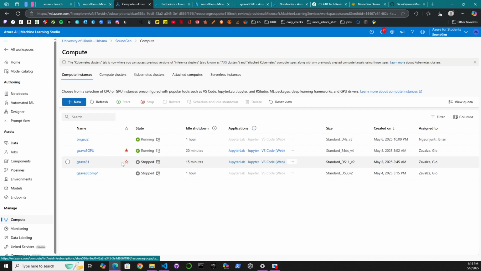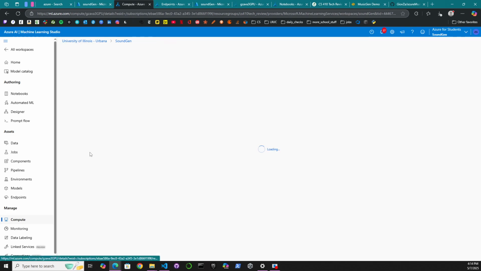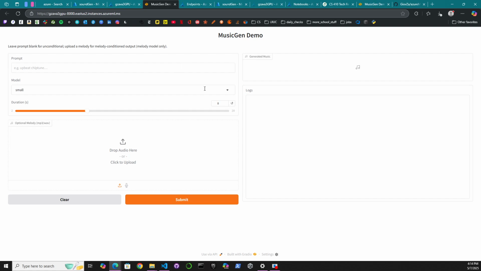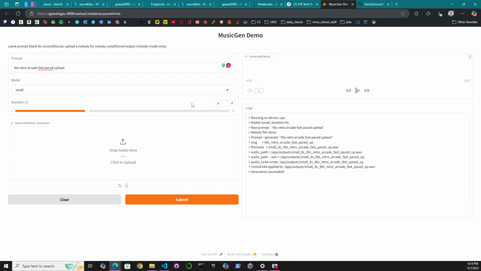We go to compute, and here we could create instances of CPU and GPU. And for our personal one, we created the custom application which has our Docker container, and from these applications section we have our web server here. So here is our demo, which now we can go back to over here on the web page, and right